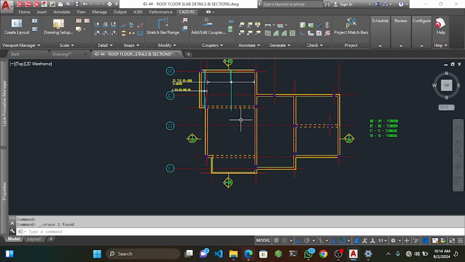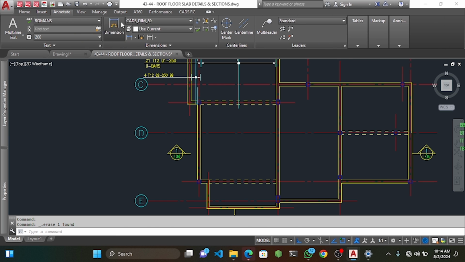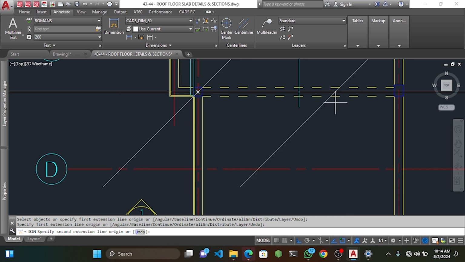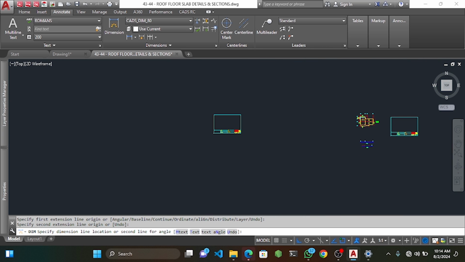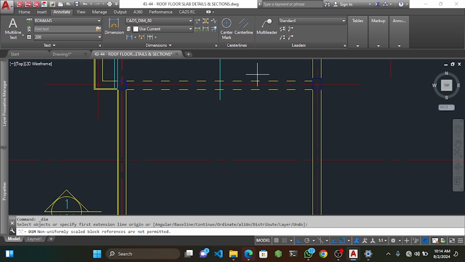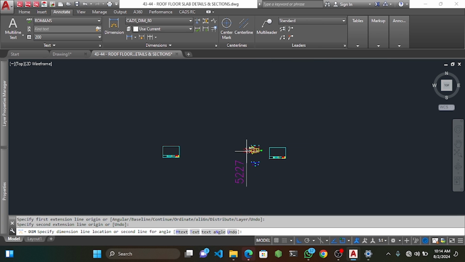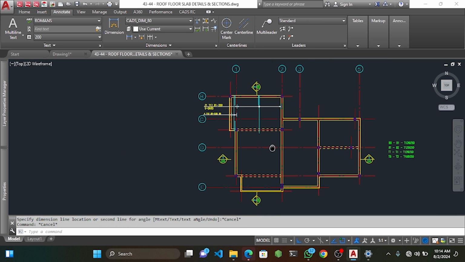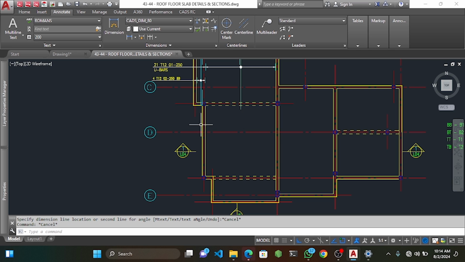So let's pick these next panels. Looking at this panel, let me just measure to know the longer side. Checking this is 5225. Let me check the other one. This is 5227. So 5225, 5227. So I want my bottom to go in this direction, then my top to go in this